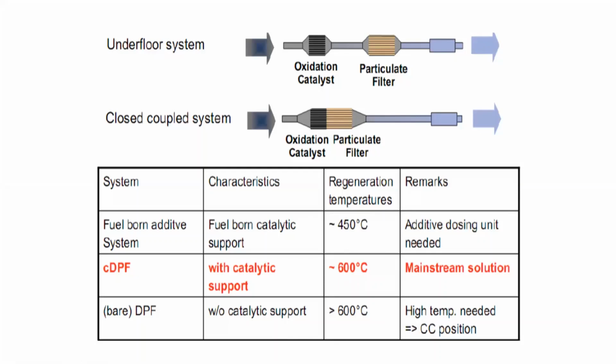Considering the traffic conditions in India, where traffic is heavy, sometimes you cannot achieve even 450 degrees Celsius. So in order to achieve the required temperature to burn the particulate matter, you need to have an additive dosing unit. You can use this additive dosing unit with the help of the electronic control unit, where it will increase the temperature by adding a dose into the exhaust gas. And when the temperature increases, automatically the particulate matter will also get